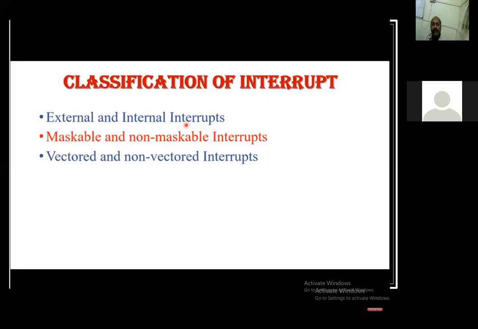Execute that and then come back to the main program. So this is called a non-vectored interrupt. Otherwise, by default, it is vectored. All the interrupts are of the vectored category only. So this is the classification of interrupts.